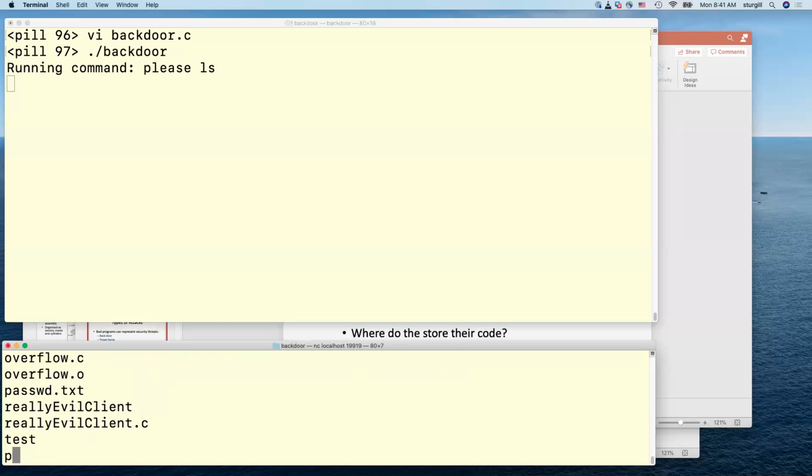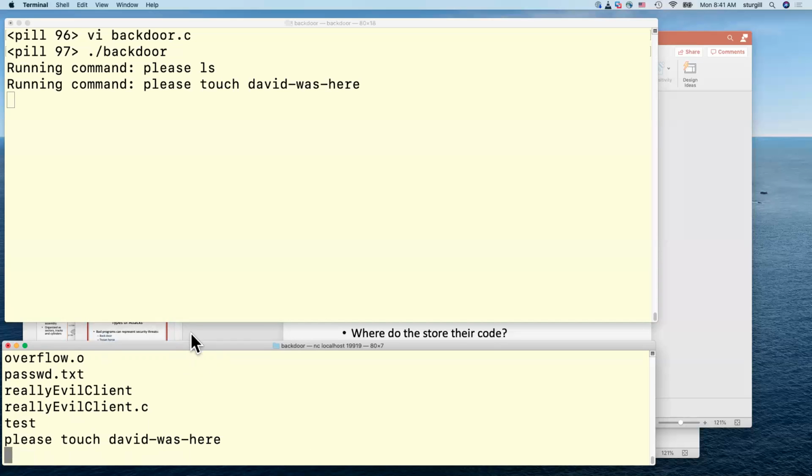If I say please touch, you may remember touch from C and Software Tools class. All it does is, if a file doesn't exist, it'll create it. If a file does exist, it'll bring its modification time up to the present time. So I'm just going to use this to show that if I can run shell commands on this remote machine, I could change the files on the machine. So please touch David was here. Sorry, here.